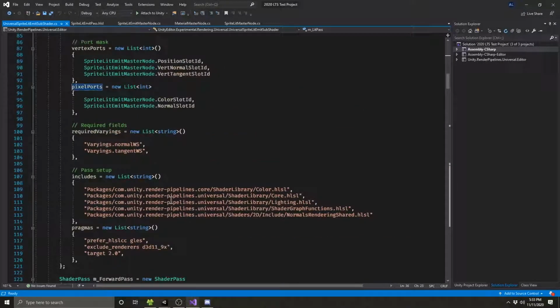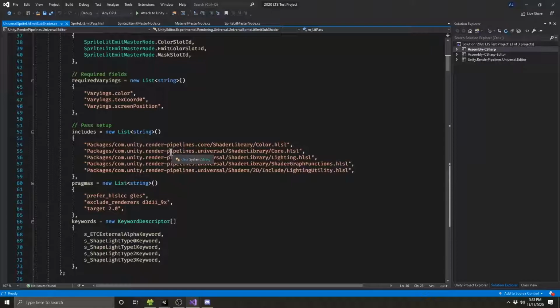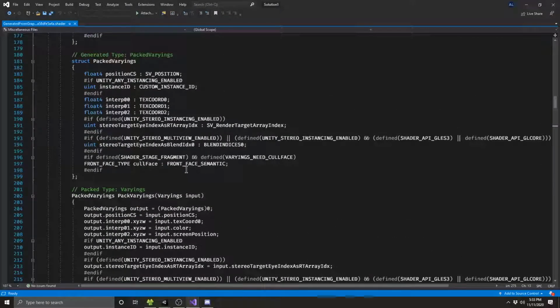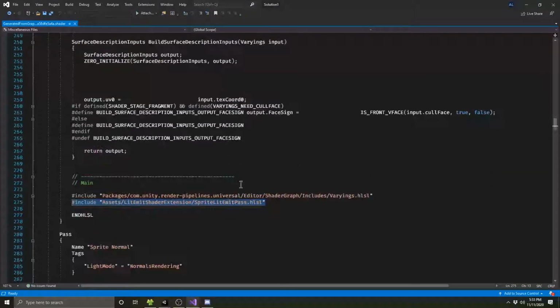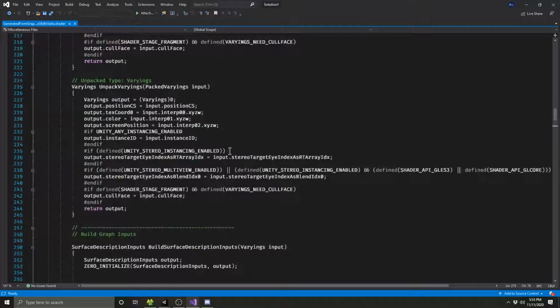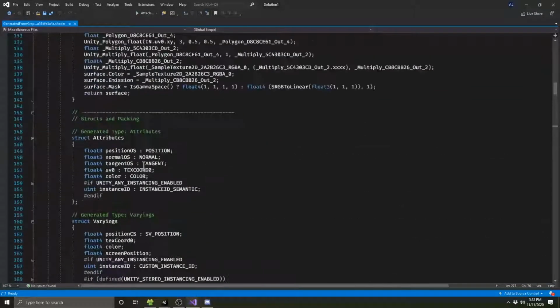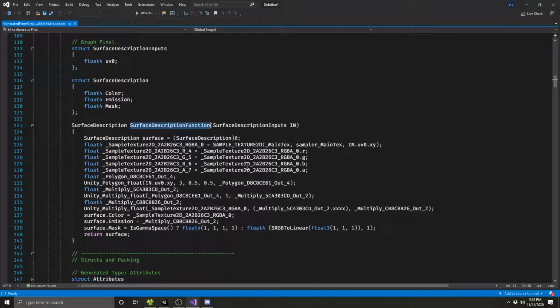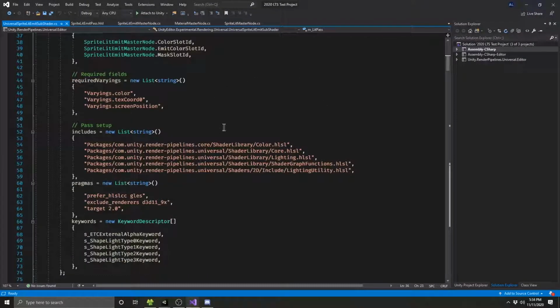And so essentially this script just basically tells the system how to generate the underlying HLSL code, which is, that's what this is. This is automatically generated shader code for the shader graph. And as you can see, one of the things that it adds is this include at the bottom, which actually has the air quote main function of the shader, which basically calls this function called surface description function, which has, this is the graph itself. So this gets called by that frag function that's included at the bottom, and it works. So if we scroll down,